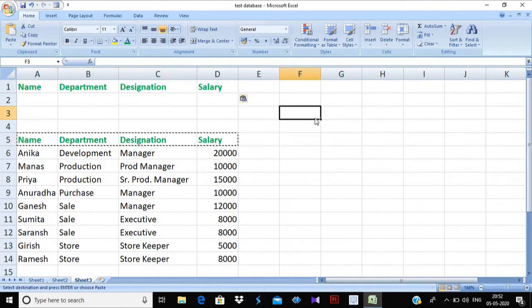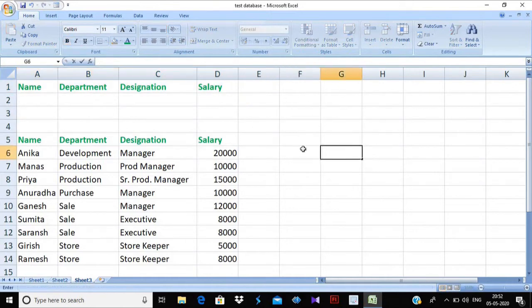Now this is our important step. We have copied the field names above our data. Now we enter a criteria. Our criteria is that I want the data of employees who have a salary of 8,000, so I will write 8,000 here.